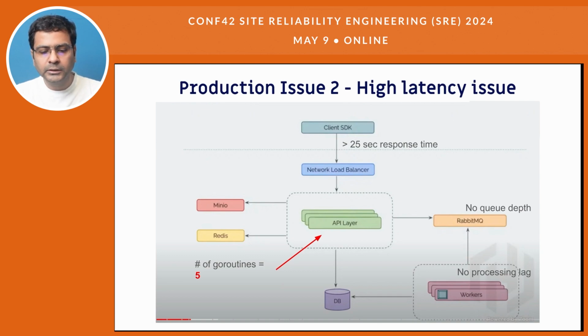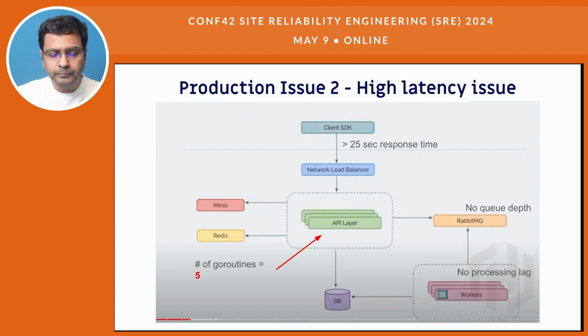We never faced any CPU utilization issue with the API layer. But when the request count increased, we realized that these 5 Go routines were not enough, which is where we actually saw queue depth on the API side. The API Go routines that were trying to consume from RabbitMQ, that's where we saw the queue depth. It took us a while to figure this out and fix it, because our preconceived notion and first response was to look at the workers as the